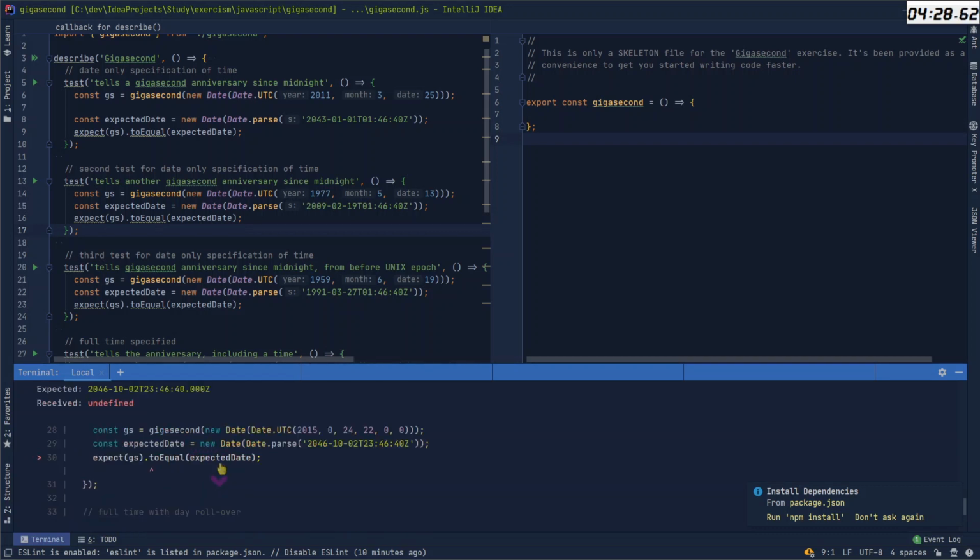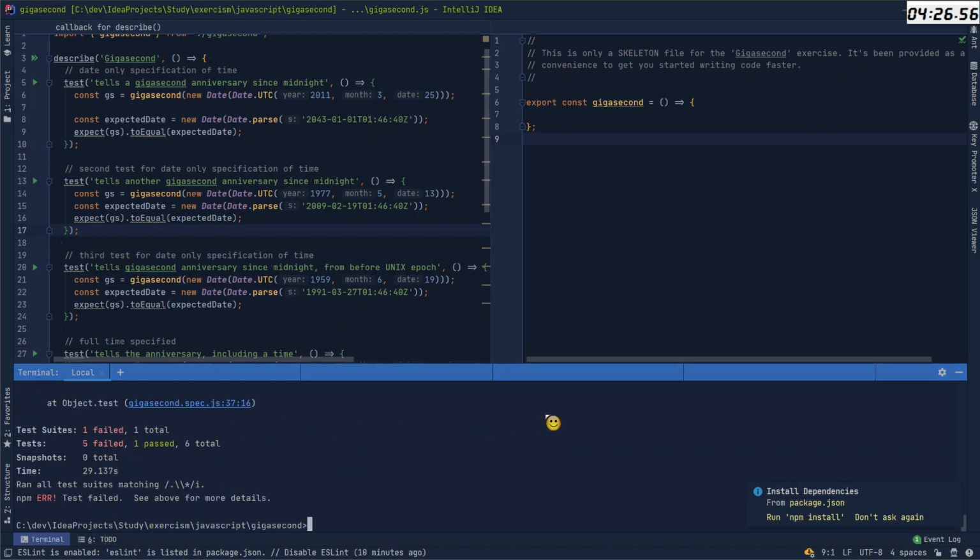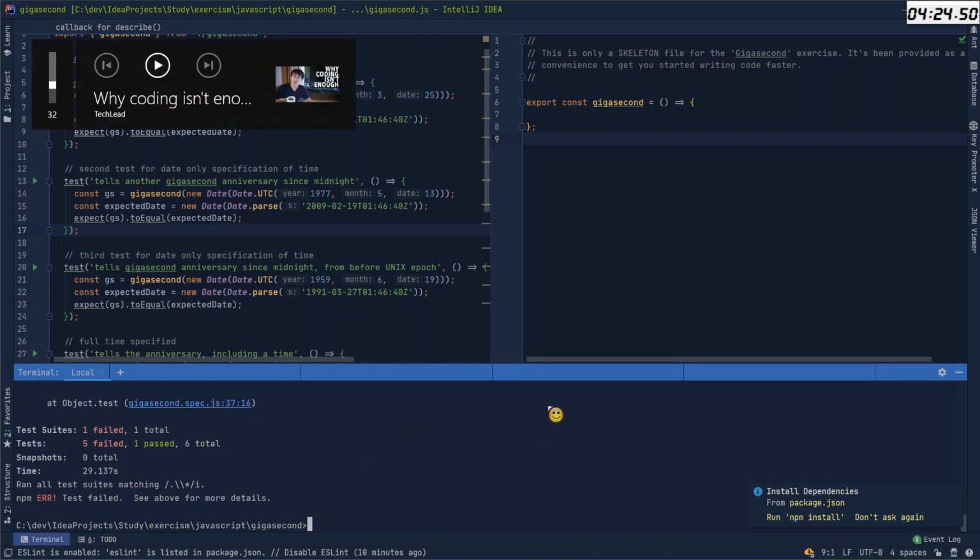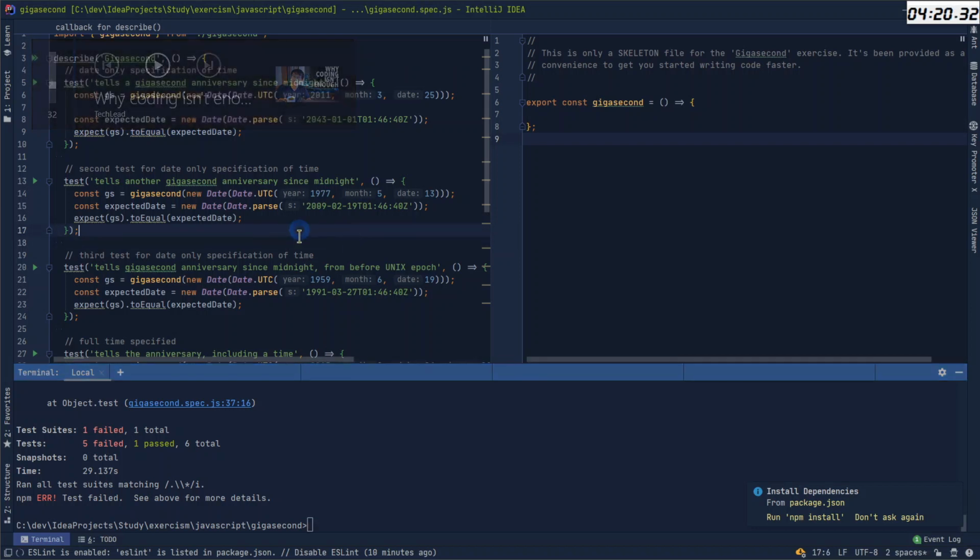Received undefined. Sure. And I will what? So gigasecond.